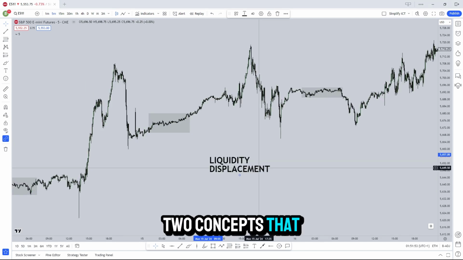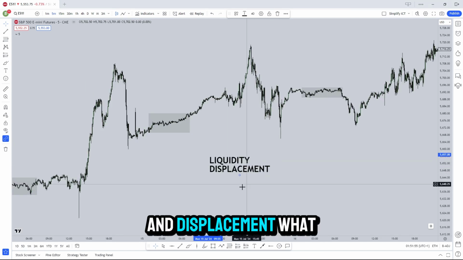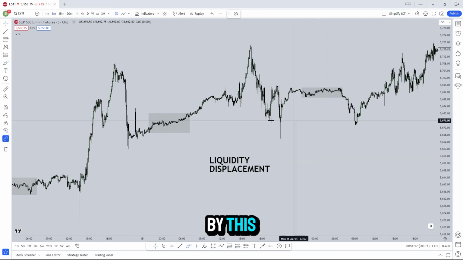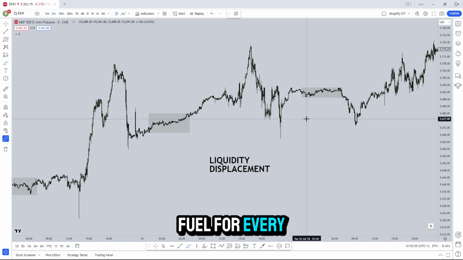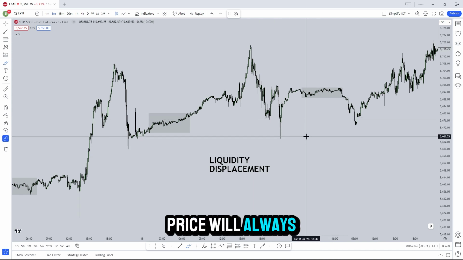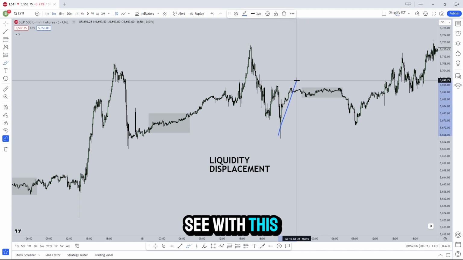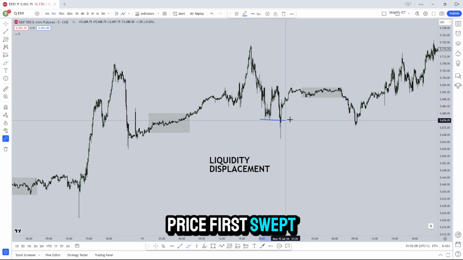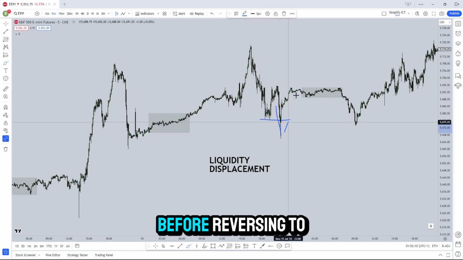The main two concepts that we're going to be using are liquidity and displacement. What do I mean by this? Liquidity is going to be used as fuel for every move. Before a move in a certain direction, price will always sweep liquidity. As you can see with this push to the upside, price first swept the liquidity to the downside before reversing